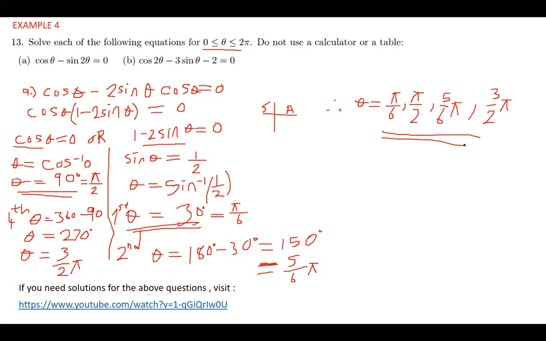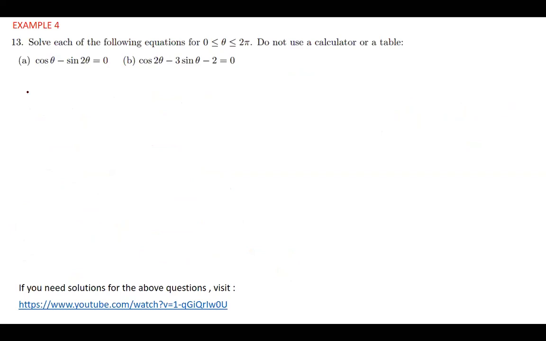I guess having known how to solve the first question, I think we can solve the second equation. Straightforward. We know what cos 2 theta is. Cos 2 theta is equal to cos squared theta minus sine squared theta,